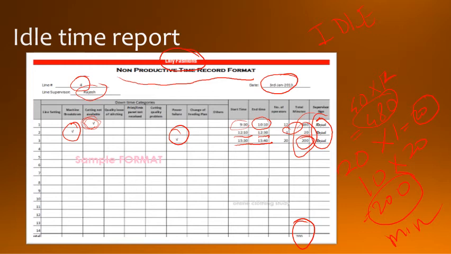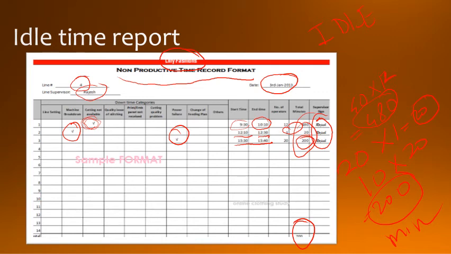Then next is what? Print or embroidery panel not received. If the worker did not receive the printing design or embroidery panel to work according to, then he will remain idle. Next is cutting quality problem. Here what happened? The master who cuts the fabric sends the fabric to the stitching person. And if the cutting quality has any problem, the worker will remain idle.